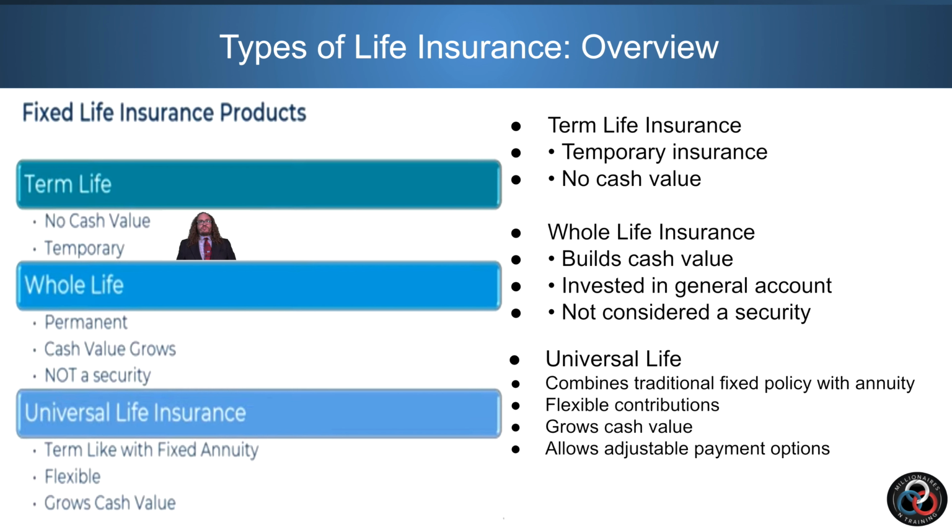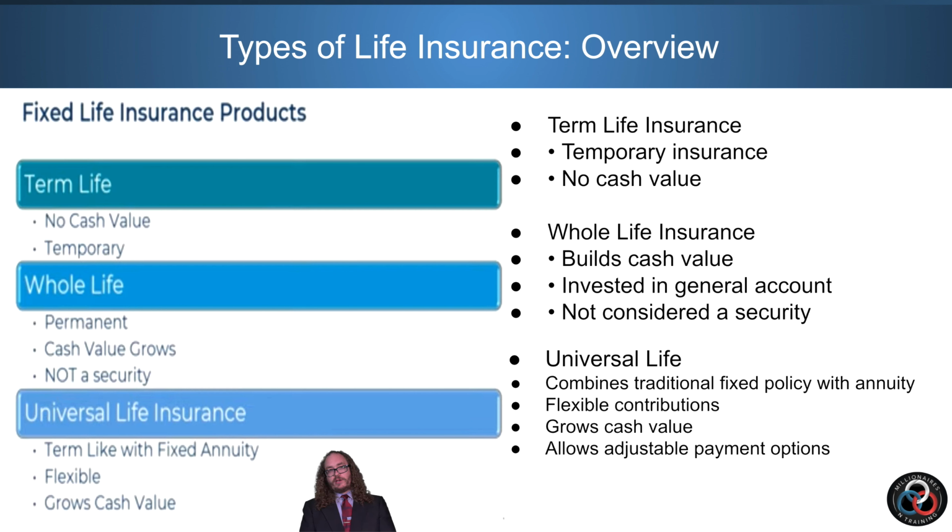A term life insurance product is a temporary insurance that has no cash value. With a whole life policy, the cash value can grow if invested into the general account. It's invested into the general account and it's not considered to be a security. With universal life insurance, it's like a traditional fixed policy with an added annuity to it. And so your contributions, your payments into the insurance can be flexible and your account grows cash value like a